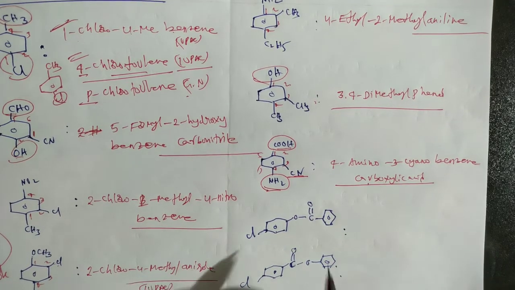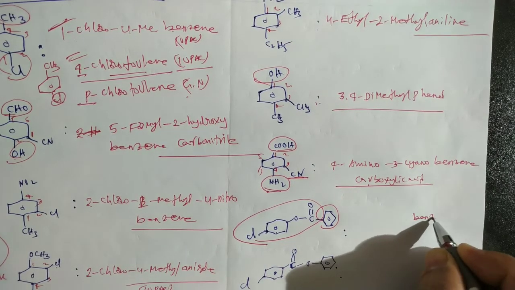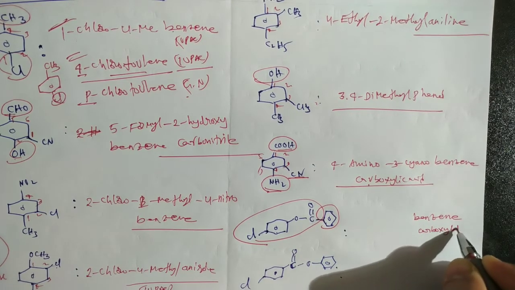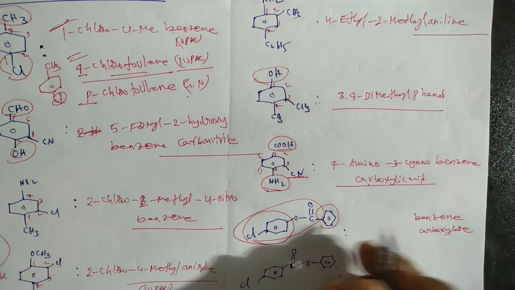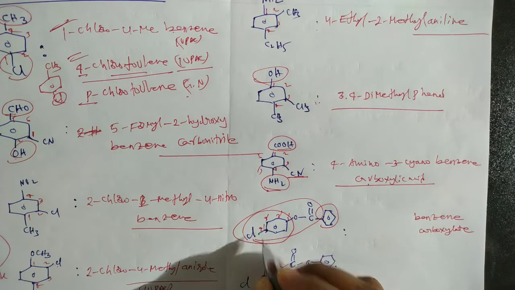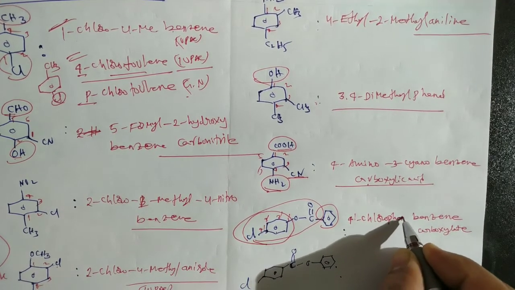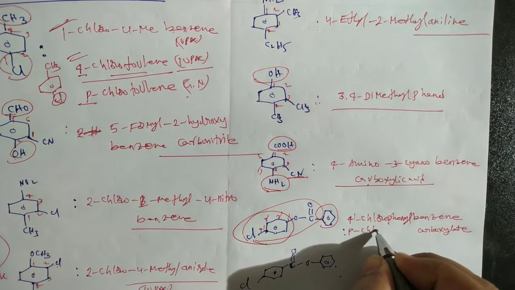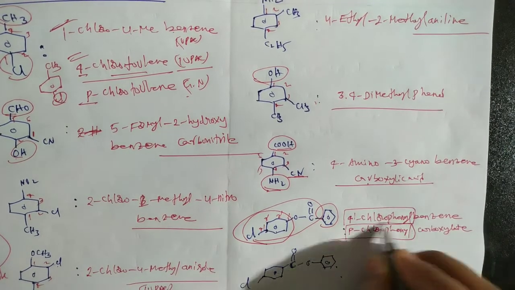So it is an ester actually. So here in this case benzene, and this is an ester group. So here benzene carboxylate. Now this is a substituent which is attached to the oxygen, and you should write it initially. It is a phenyl. Actually here in this case 1 dash, 2 dash, 3 dash, 4 dash. That means here 4 dash chlorophenyl. Its name is 4 dash chlorophenyl benzene carboxylate. Or we can write like this, para-chlorophenyl. This group can be written as para-chlorophenyl or 4 dash chlorophenyl.